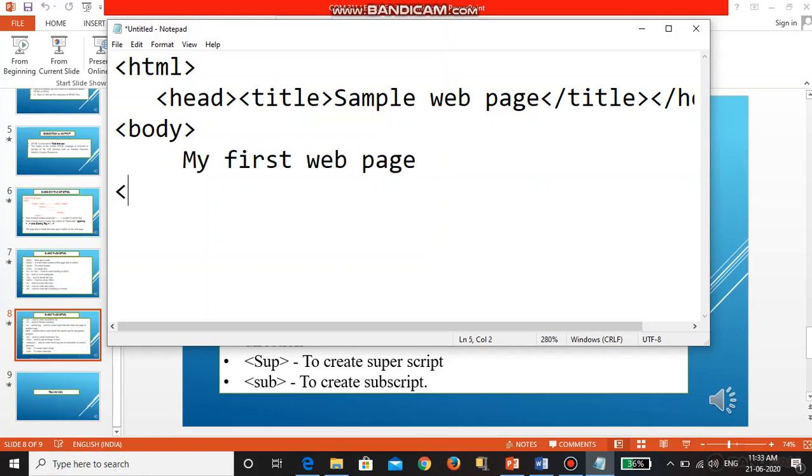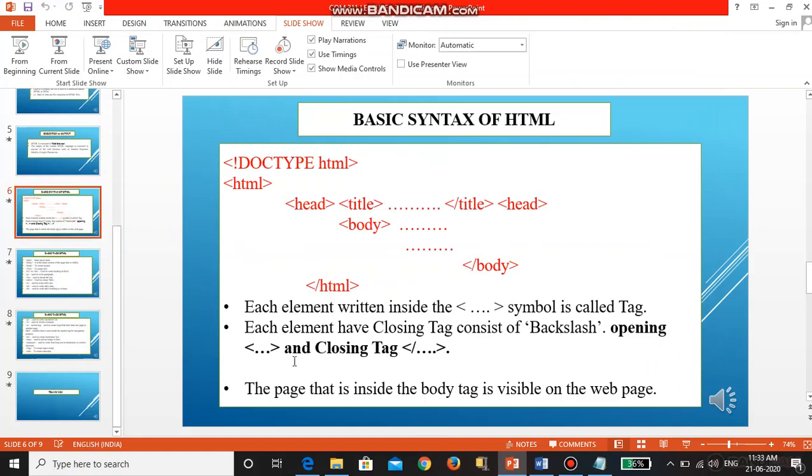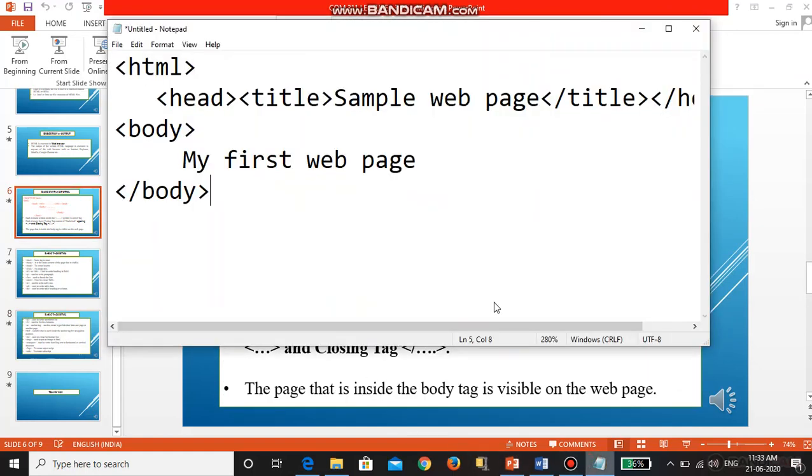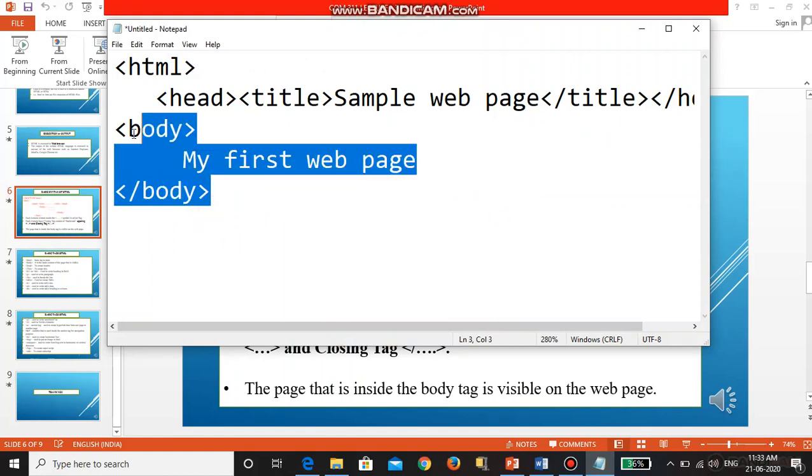The opening tag is the body tag, and the closing tag starts with a backslash. Whatever we write inside the body will be visible in the web pages.